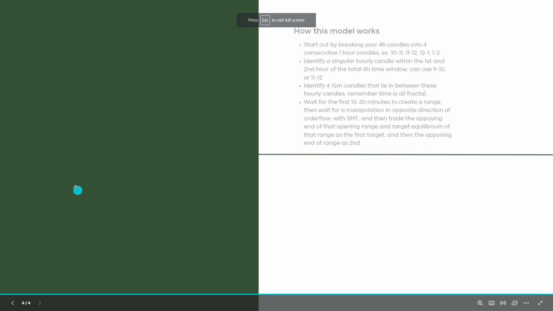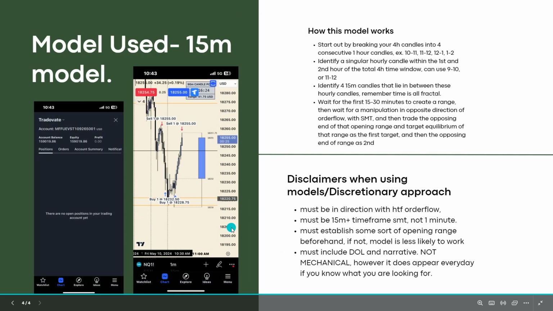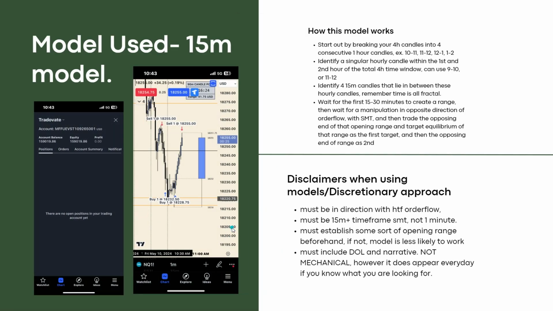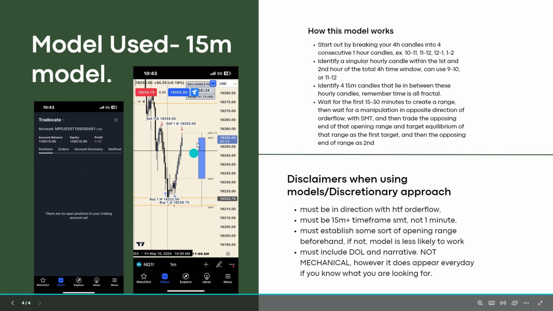So we'll go back here. This is the model that I use. This is what I like to call the 15-minute model. This model was helped by a couple of my friends and developed a little bit deeper, kind of like Romeo, how he does it. But you can see over here, the account 159,019, and these were the 2 trades that